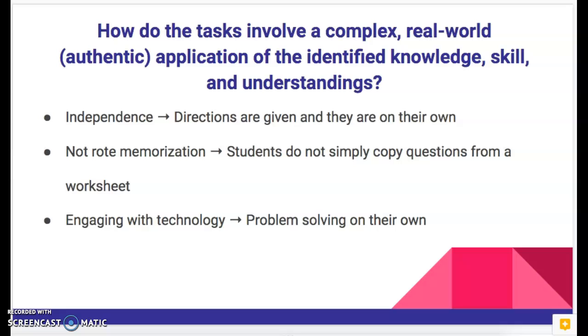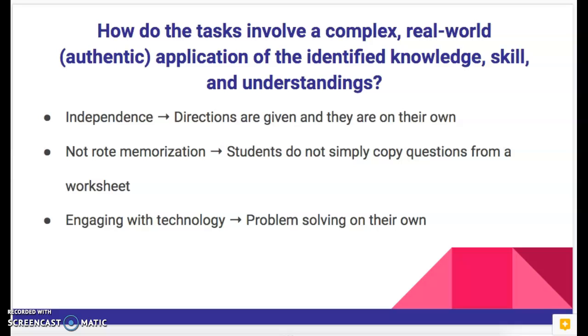How were these complex real-world applications? Well, they were given a lot of autonomy and independence. Essentially, I gave them a checklist. The directions were given, and they were essentially on their own. They could always ask me questions, but most of the students worked really, really well. It wasn't just rote memorization out of some textbook. Students were not copying from worksheets. This was all student-centered. And finally, they were engaging with technology in a relatable way,